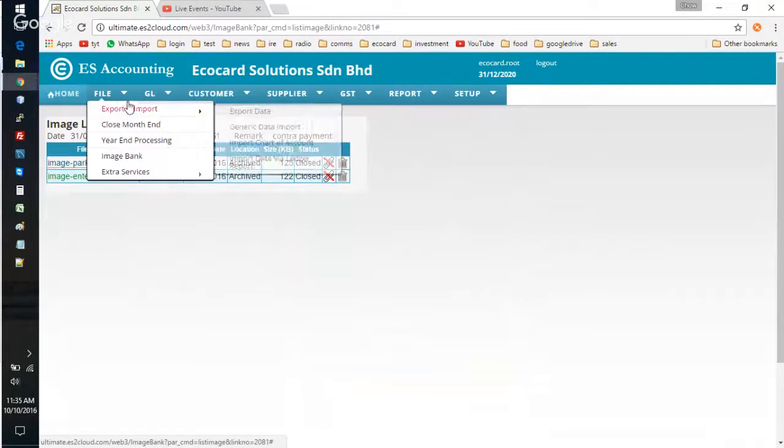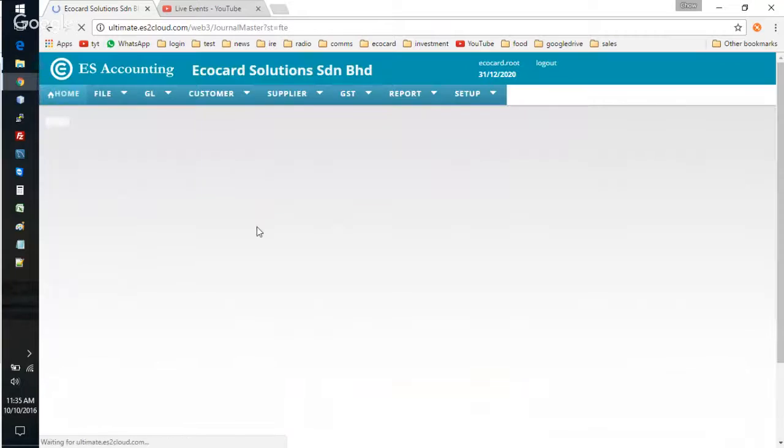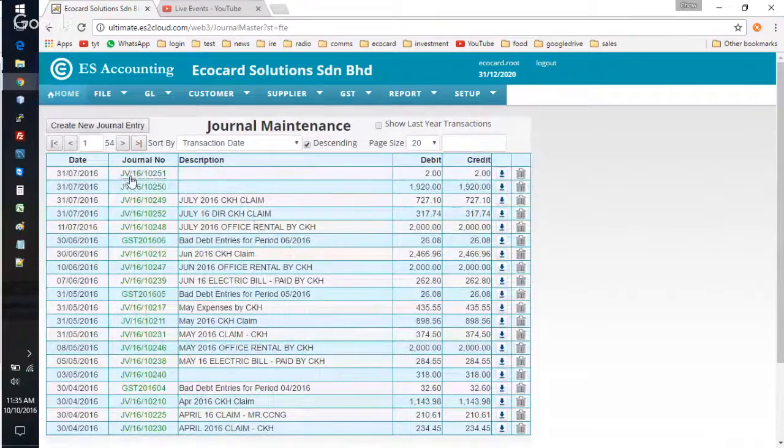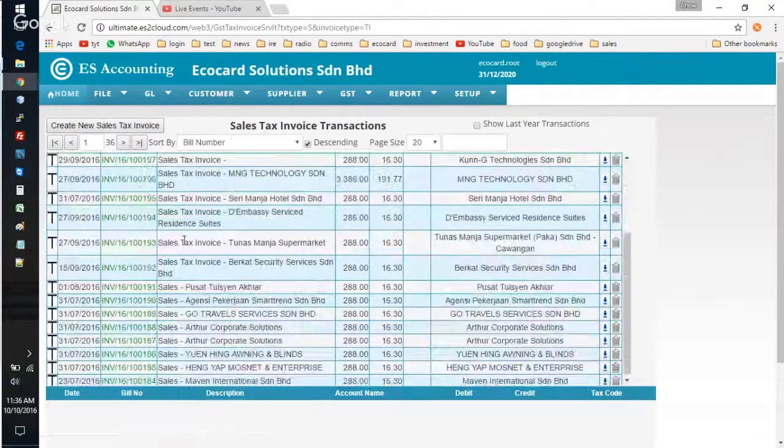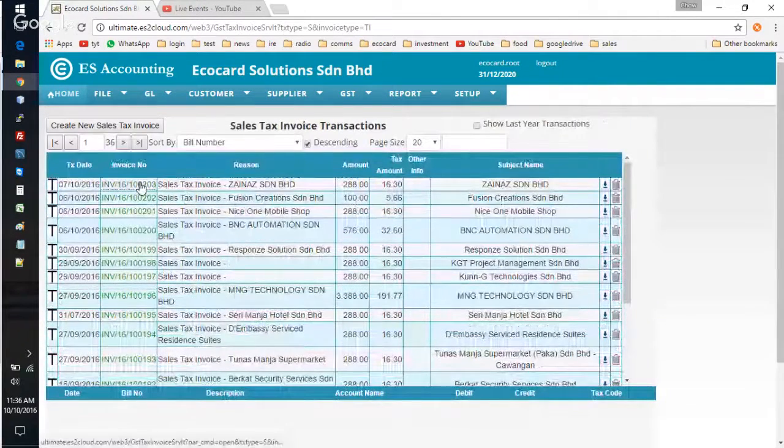And then journal maintenance. And this is how you attach a document or image to a particular transaction. Similarly, this is applicable to your sales invoice. It works the same thing. Assuming